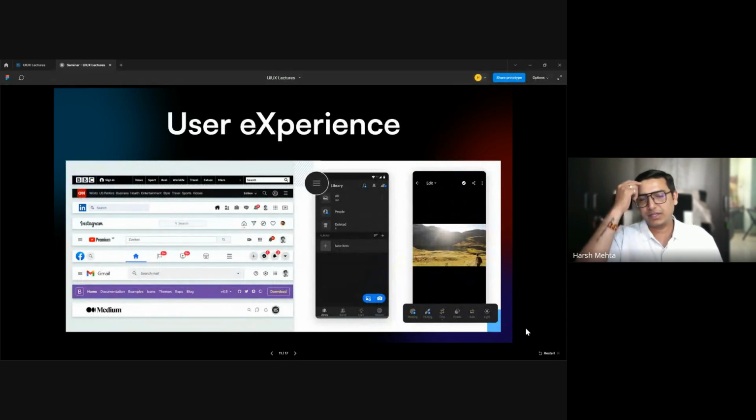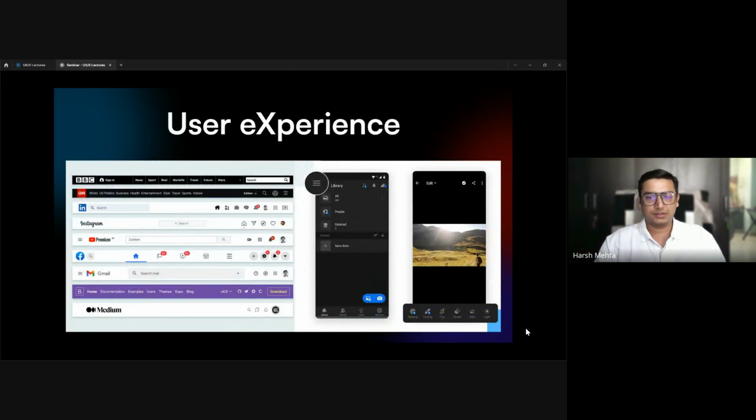So these are some of the examples of experience. So imagine, कि इतने सारे options है for the navigation, correct? Every navigation has its own reason. कि अगर, if you notice, the logo is always on the left. Why it is on the left? Now this is all part of the UX.